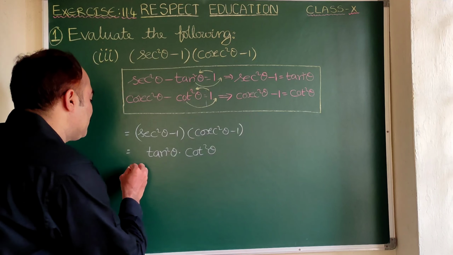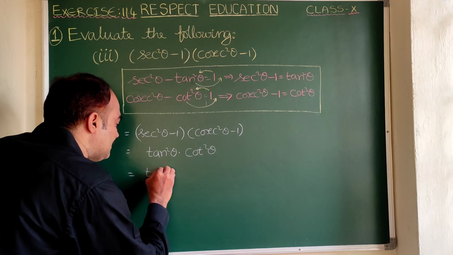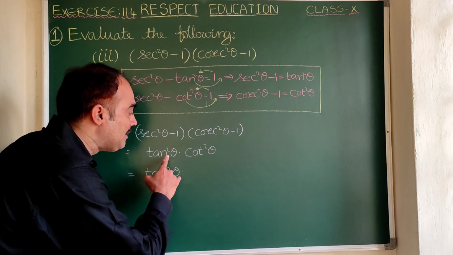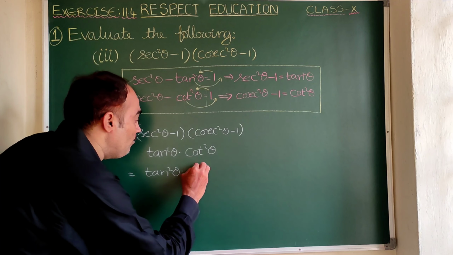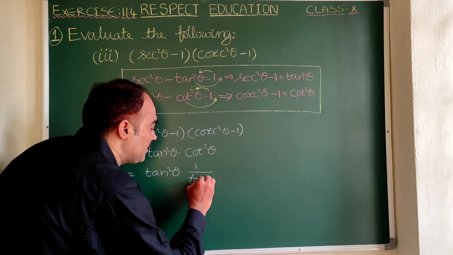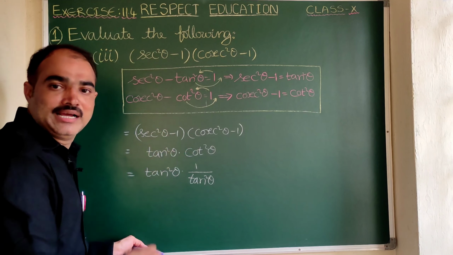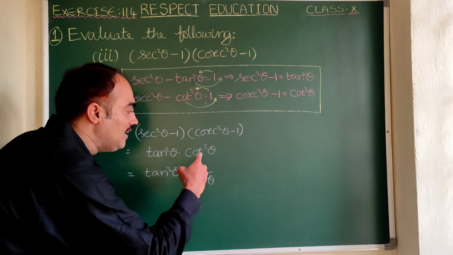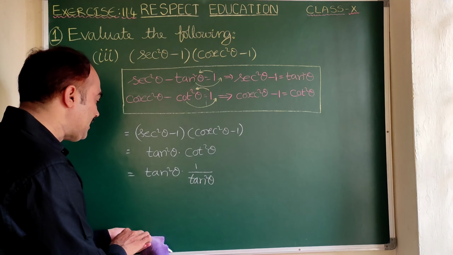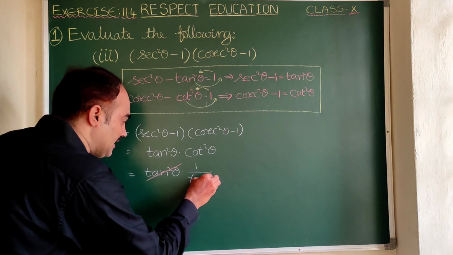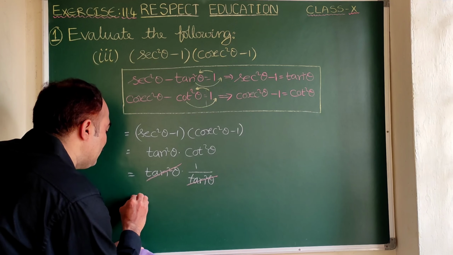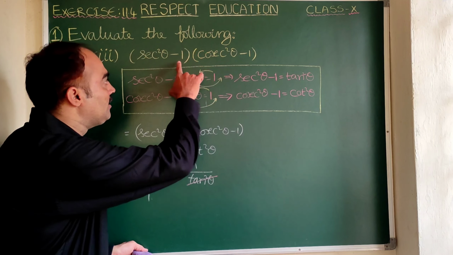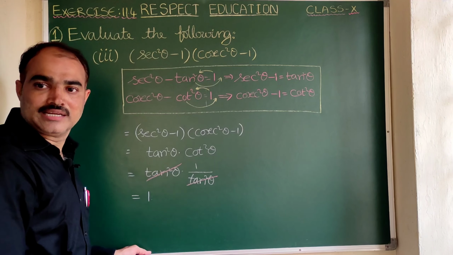Same way cos square theta also gets cancelled, and we get the answer 1. That is another way. Here I am doing it in a simple way, that is I am writing tan square theta as it is. Can you tell me how to write cot theta in terms of tan theta? 1 by tan theta, because cot theta equals 1 by tan theta. Cot square theta is 1 by tan theta whole square. Simply 1 square is 1 and this is tan square theta. Here what can be cancelled? They can be cancelled one time. So here we will get answer as 1. That means if we simplify this, this value is equal to 1. Is it right? Yes, sir.